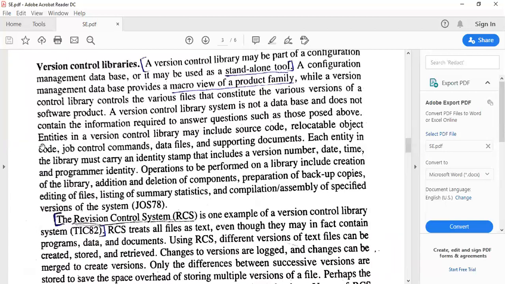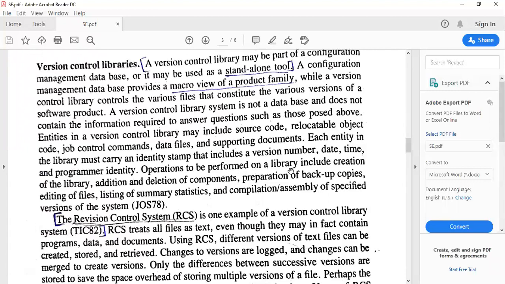So what information is available in a version control library? It includes the source code, relocatable object codes, job control commands, data files, supporting documents, and each entity in the library may have an identity stamp, that is version number, date, time, and programmer identity for the particular version.